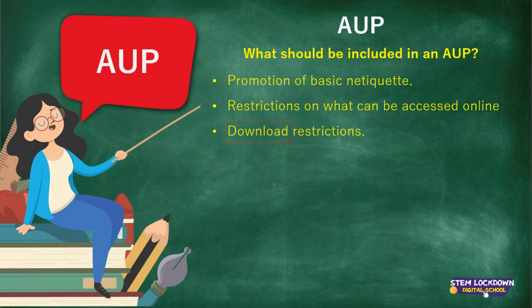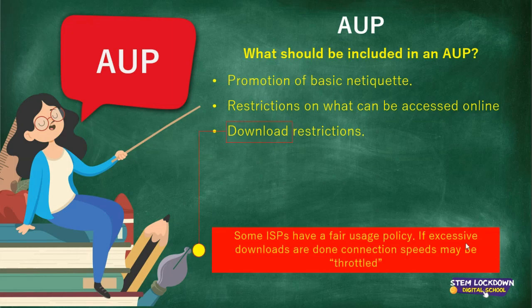Right now, I'm sure you are familiar with an ISP, an internet service provider. What some internet service providers do is that they have a fair usage policy, right? That is, if excessive downloads are done, connection speeds may be throttled, right? What do we mean when we say connection speeds may be throttled? Remember when you sign up for an ISP, let's say you sign up for Web Africa, for example, or you sign up for MTN, Vodacom,